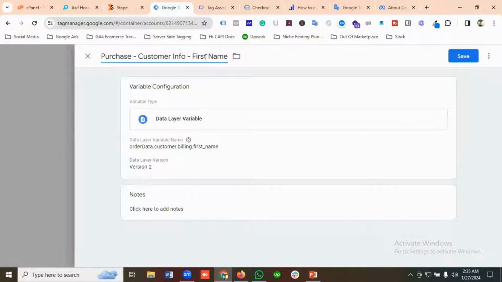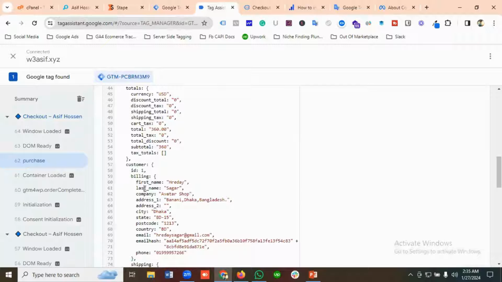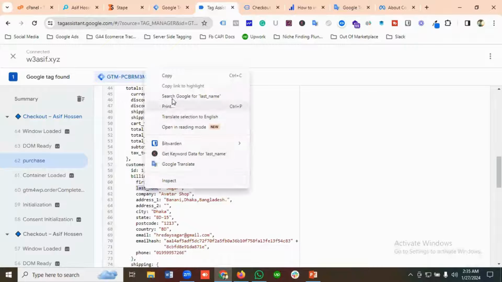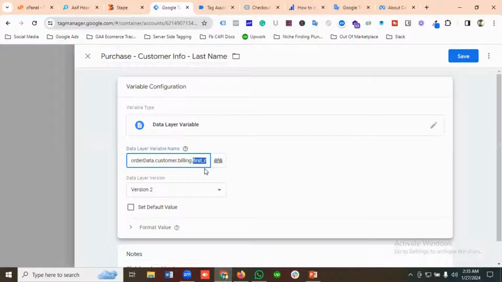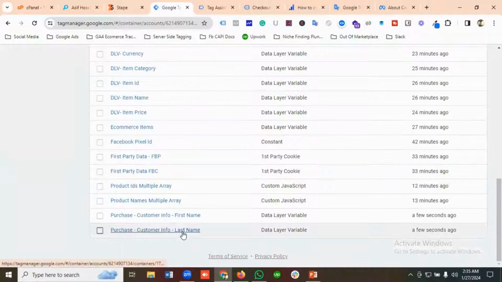First name, then I'm gonna be using it as last name. Order data customer dot billing, instead of first, I'm gonna be using last name. So I'll click on save. First name, last name, then most probably email,